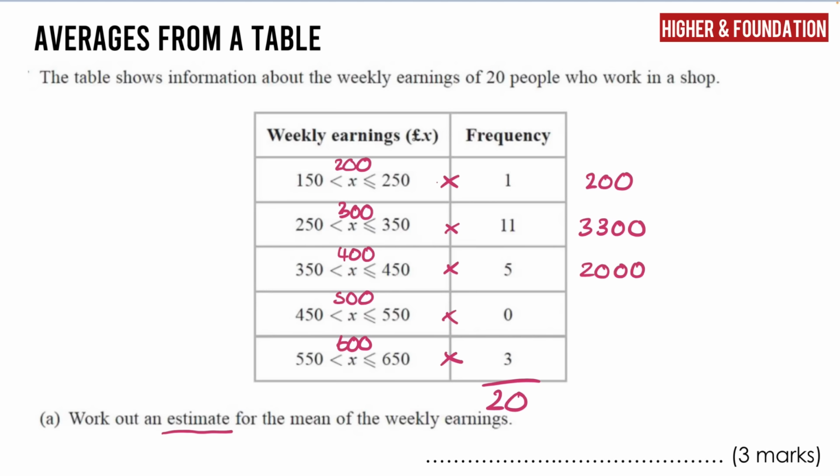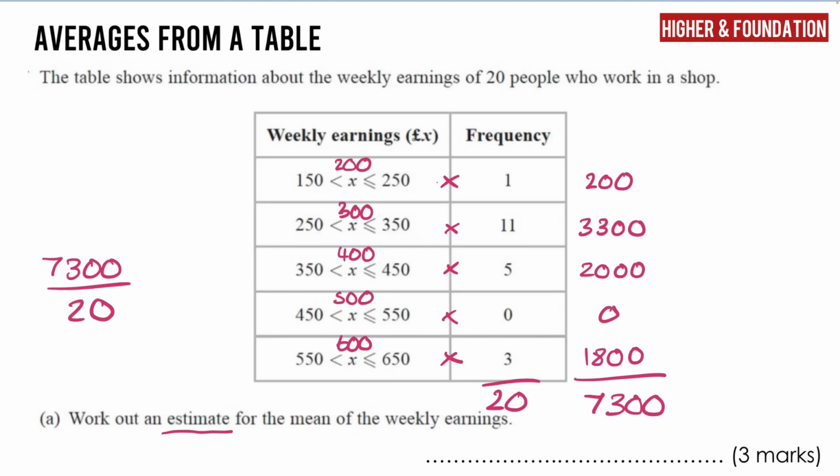0 times 500 is 0. Watch out for those zeros in these. And then 1,800. We now want to add all of those together. Again, when you do type these into the calculator, just be super careful. It's so easy to type a number in incorrectly, but that one gives us 7,300. Now this final step, don't rush it because we do want to make sure that our answer makes sense. So 7,300 divided by 20, which will give us our mean, and that for me comes out as